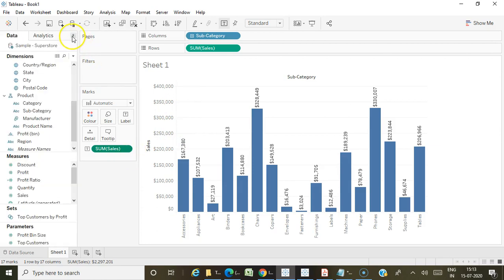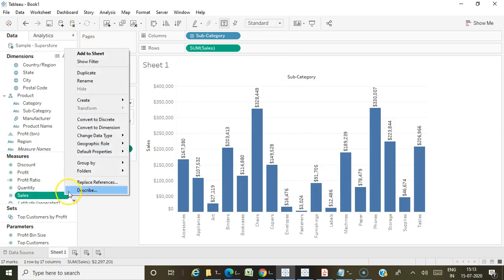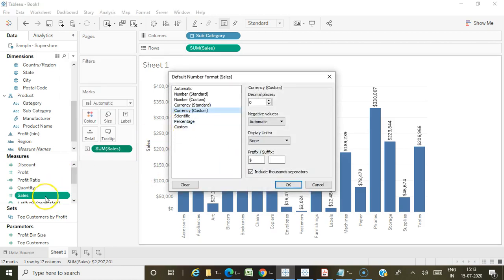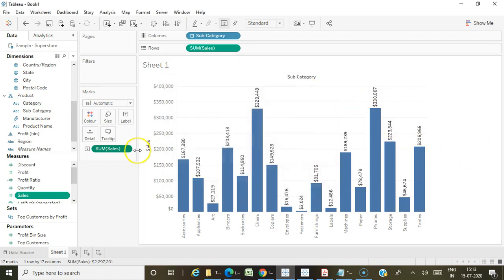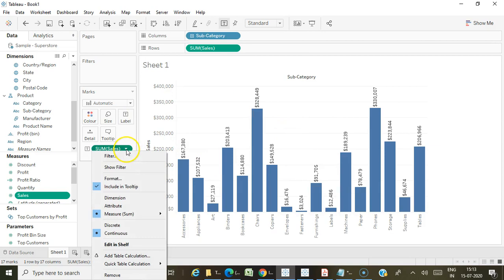If you give the format options in the default properties, this formatting will be applied across the worksheet level. But when I want to change any number formats for each and every visualization, then you have to click on the corresponding measure associated with this visualization and go for the format option.